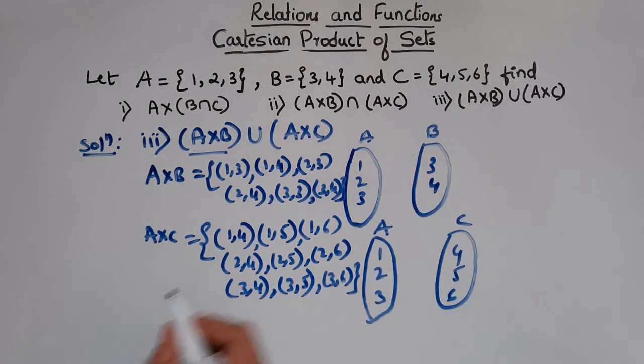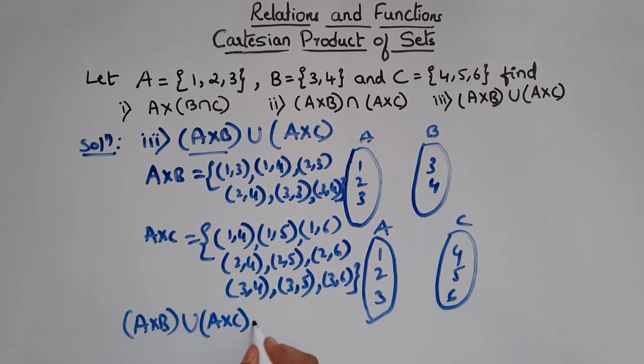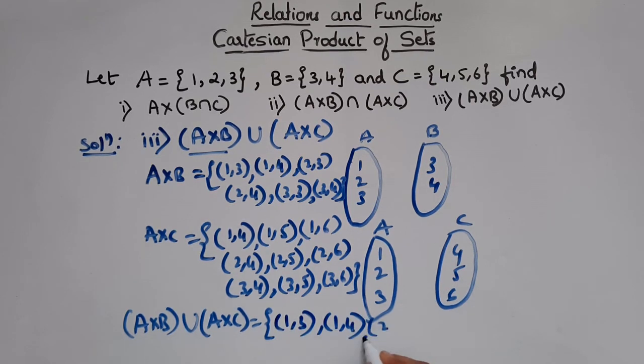Now we want A cross B union A cross C. What is union? Union means you have to write all the elements. So 1, 3, 1, 4, 2, 3, 2, 4, 3, 3, 3, 4